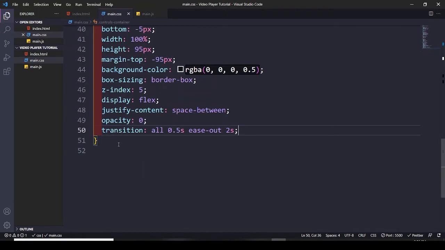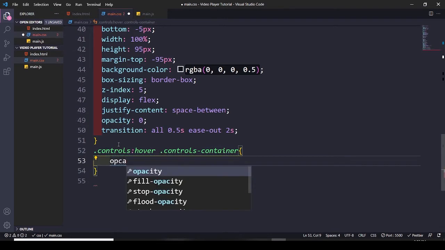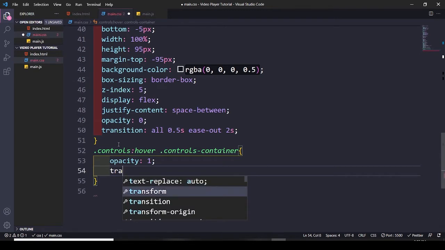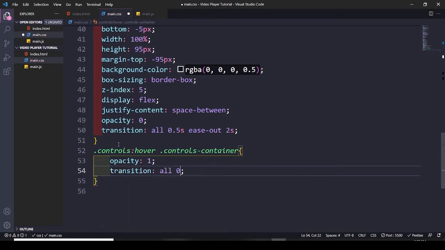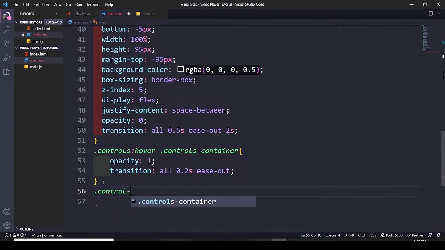Then the next is, let's get the controls hover and controls container. So here the opacity is gonna be 1, and transition all 0.2 seconds, ease out. Okay, then we would like to go with the control group,